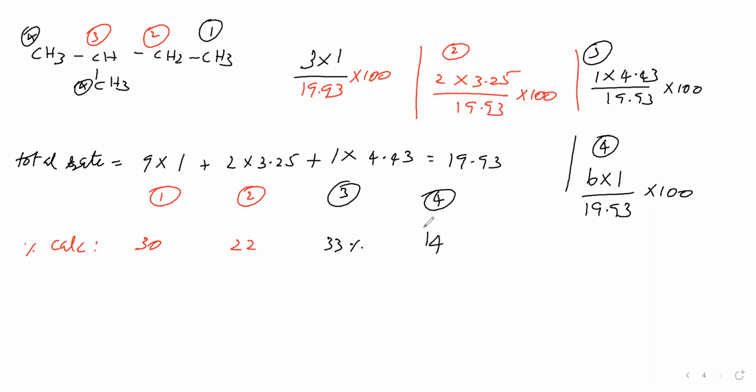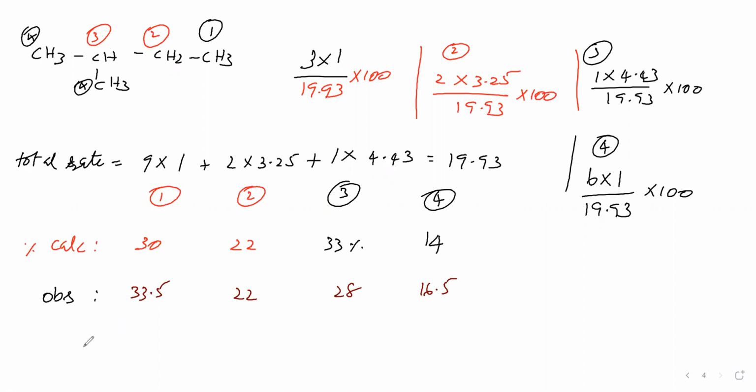So what does the experiment say? We will see. Experimental analysis gives what result? Experimental analysis gives yields of 33.5, 22, 28, and 16.5. So experimental analysis is closer to this calculated value. This is at which temperature? At 300 degrees Celsius.